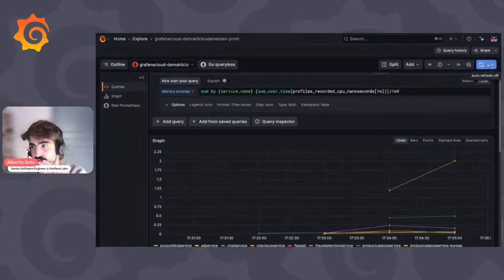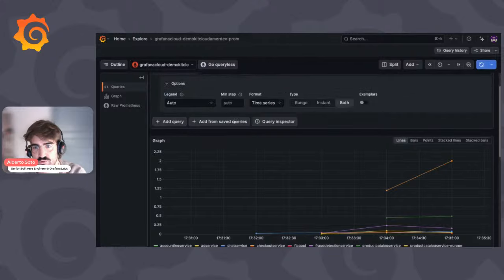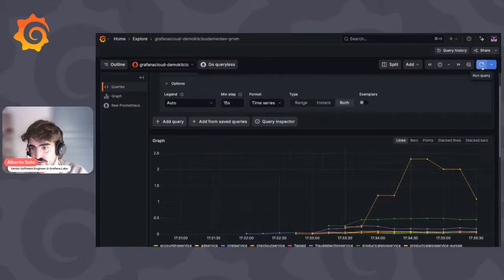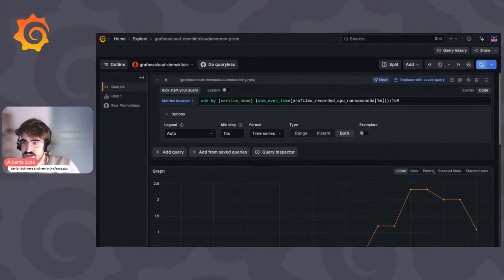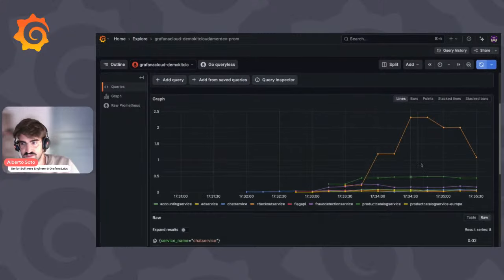Okay, now this is seconds. Let me use also this. Maybe if we use another step, we can see data more cool. Okay, now we can start understanding this metric, which means checkout service